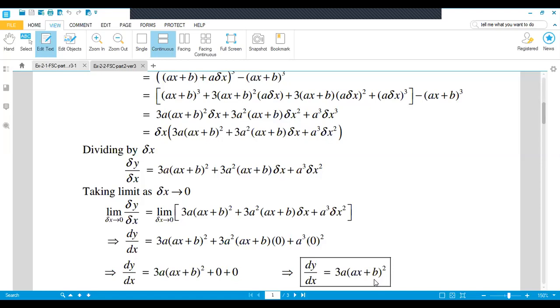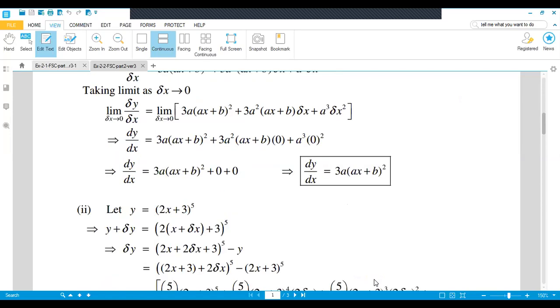If it is x, so you add delta x. And after that, the y you shifted on the right hand side and you put the value, and you simplify it. And when you simplify it, after that you take delta x common and divide it by delta x. And when you divide by delta x both sides, after that you apply limit delta x approaches 0. So the value which has delta x will be converted into 0, and the remaining value will come as an answer. Now come to the second part.